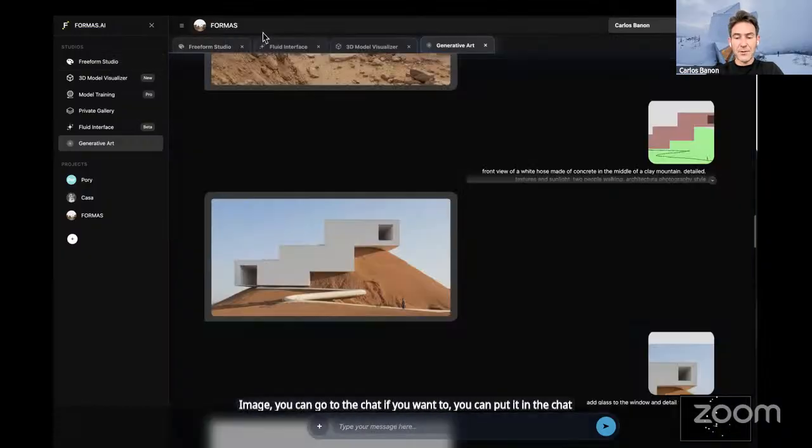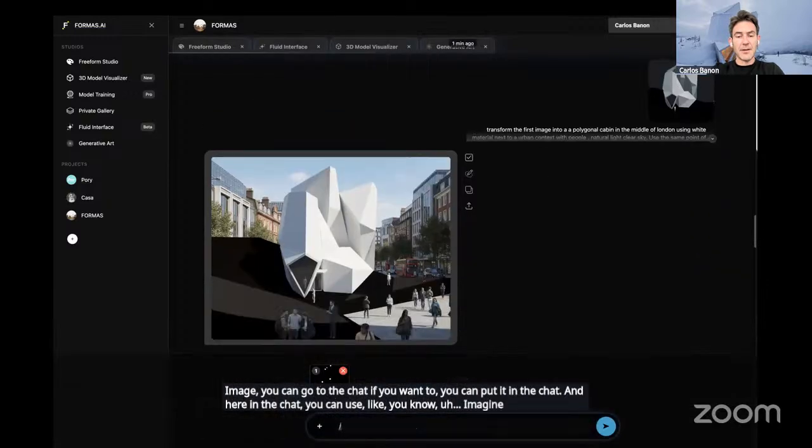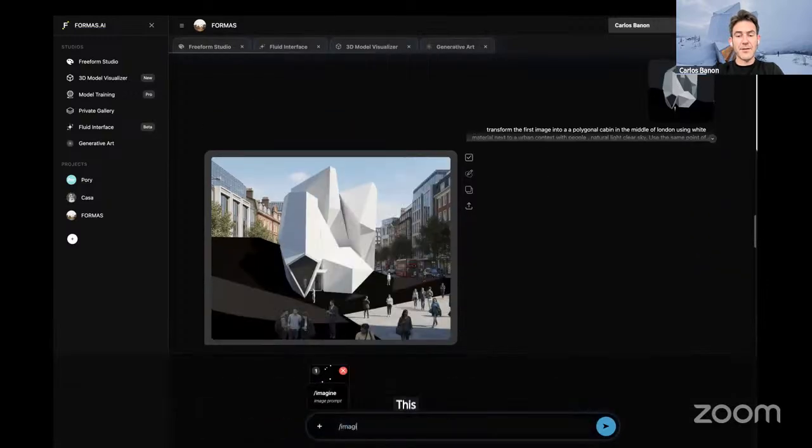And here in the chat, you can say, "turn these circles into water drops, make a precise image of water based on the circles."